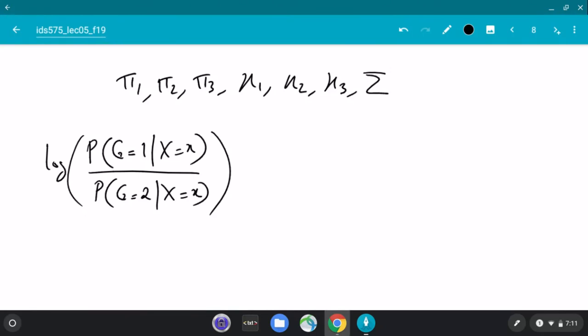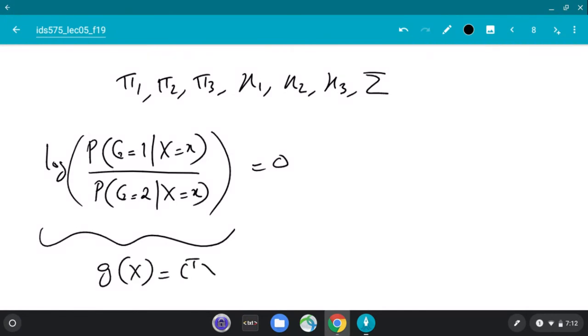So why am I looking at this quantity? Let's say I want to think of a decision boundary. I want to say that it's linear. So how would I say that it's linear? What if these two numbers are the same? At a given x, if these two numbers are the same, let's say 0.6 and 0.6, then 0.6 divided by 0.6 is 1, right? Log 1 is 0. So I want to say that this is equal to 0. This left-hand side is some function of x, which is a linear function, something like c transpose x. C is some coefficient; we'll get there. I'm just saying that the left-hand side is supposed to be some linear function of x.